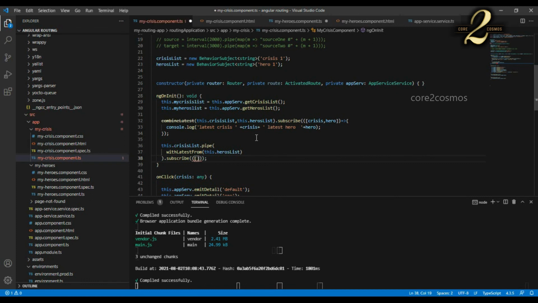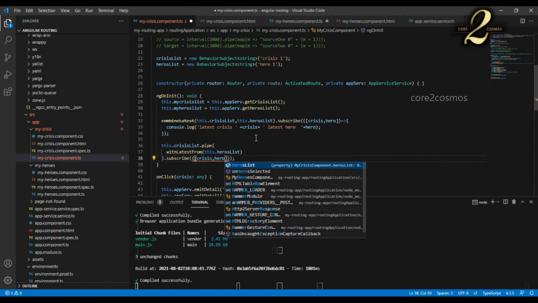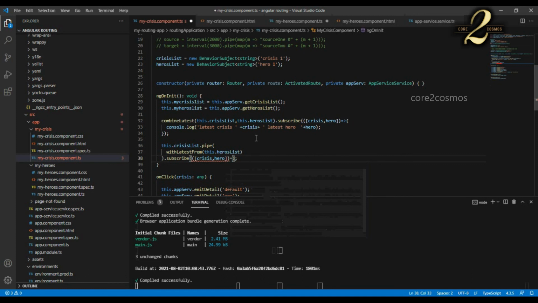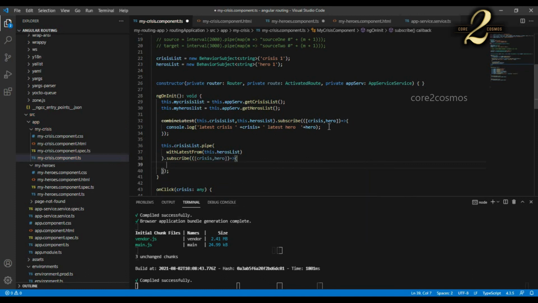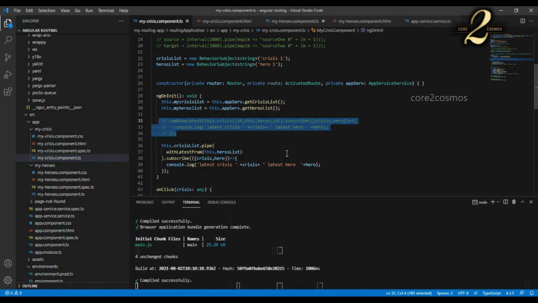I call the subscribe method at line number 39. I will get the array of combinations as output. I say console.log latest crisis and then crisis and latest hero and then hero.